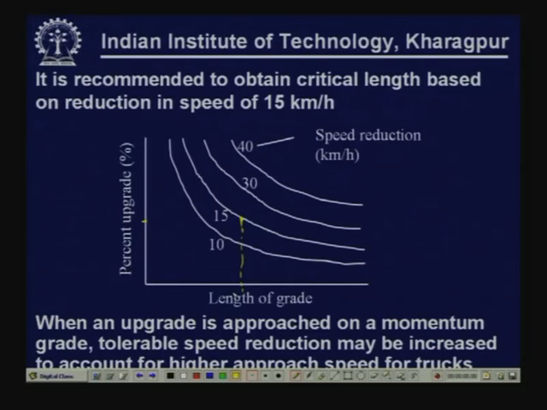If we consider a higher speed reduction, say 25 or 30, obviously a longer length of grade is acceptable. But normally, taking 15 km/h as the speed reduction limit,